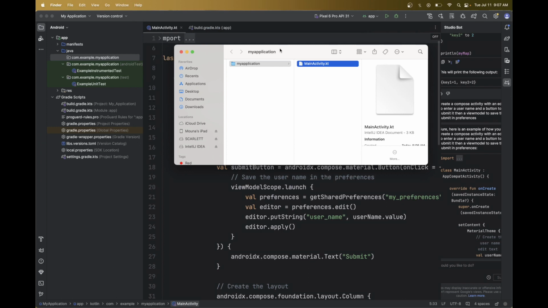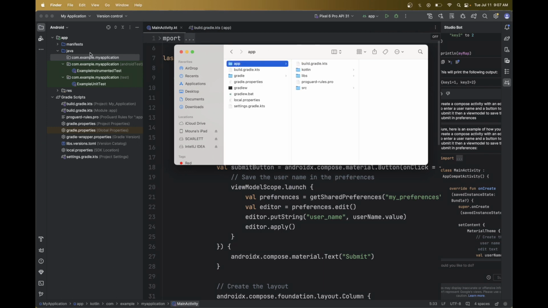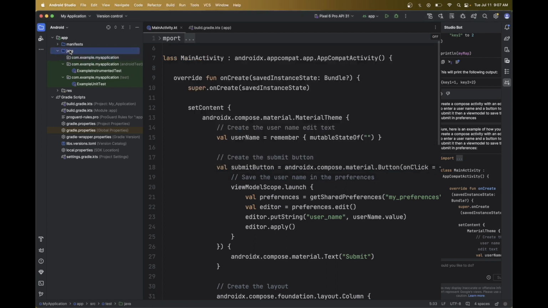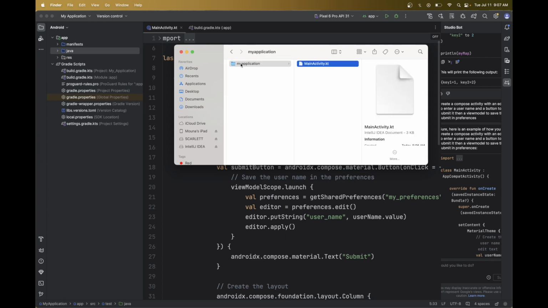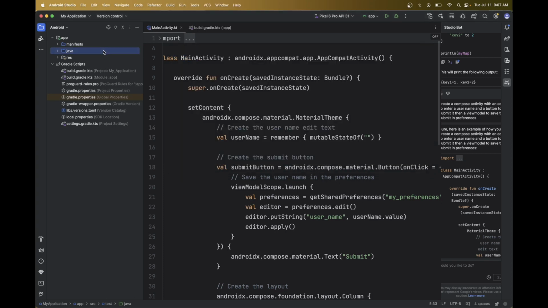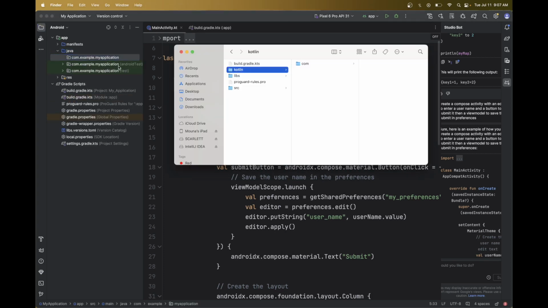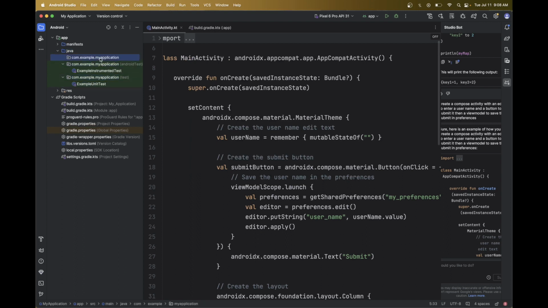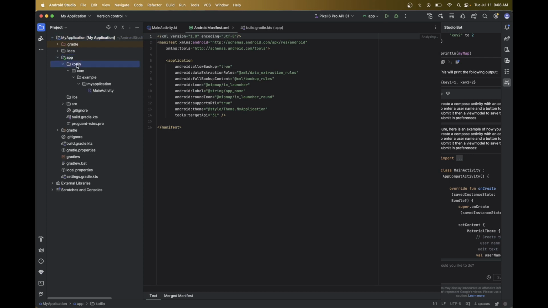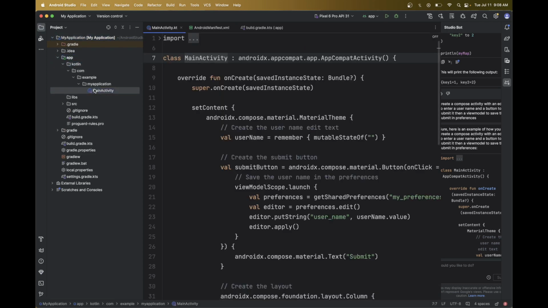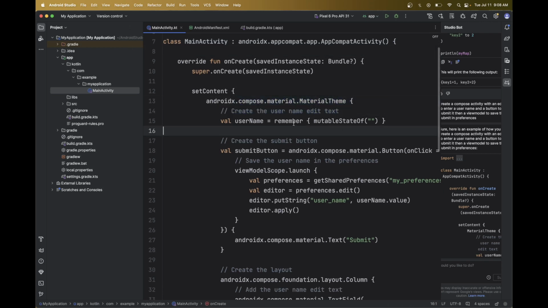Okay, so it's actually in the right place, except it's not showing up for some reason. Let's do a project app colon. Okay, here it is. For some reason it's not showing up in the Android view, but it creates a username,